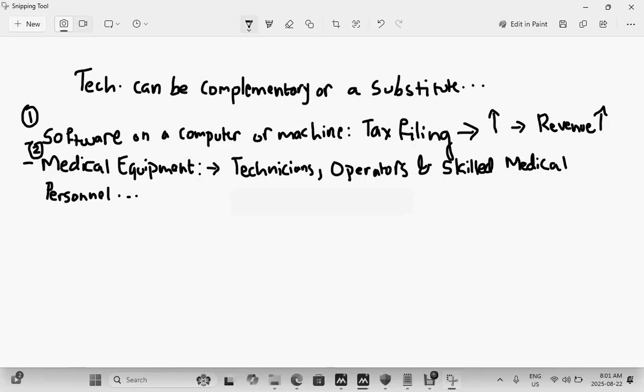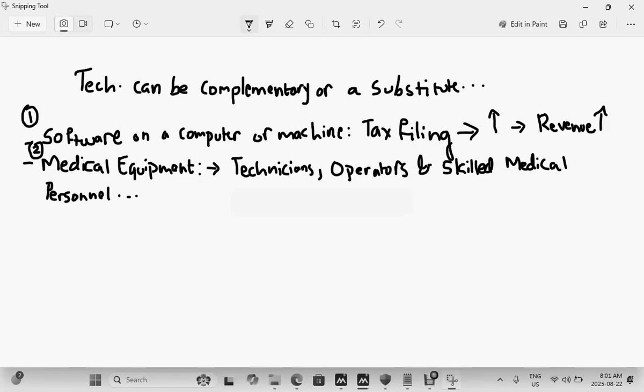However, there are certain softwares out there which replace low skill workers. In that case, the software would be a substitute for labor, where the software does the job of a worker. This is especially true for things like ChatGPT or artificial intelligence. It may act as a substitute for certain types of work, let's say website creation or blog creation, and certain types of work online, which may reduce the demand for labor in general.